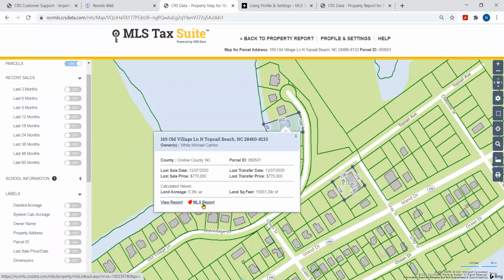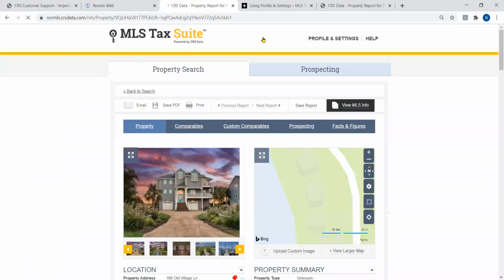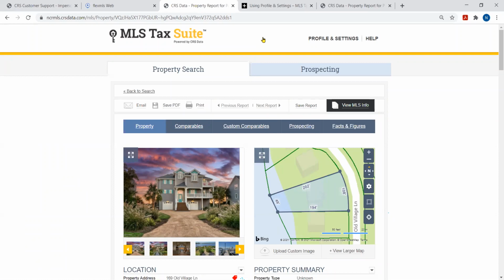So tap around, open your eyes to using the map and understanding how many different features and fields and areas you have available to you from here. Now, as I go back to the property report, let's go through and look at comparables and prospecting to finish up for today. From this property, if in fact I want to do a CMA, I'm going to tap on